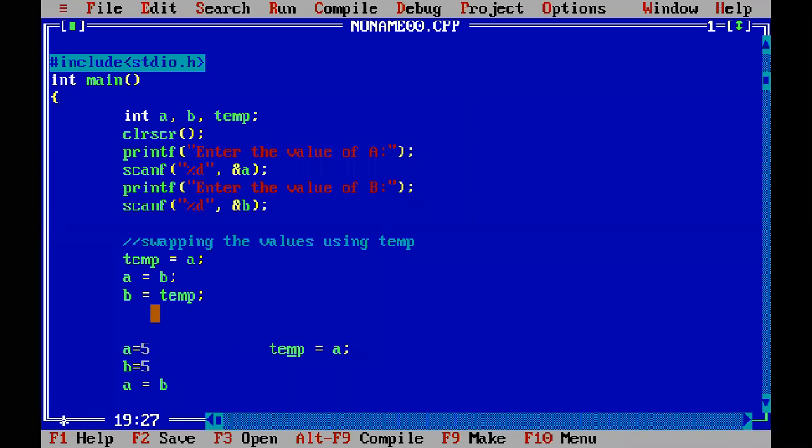And then what did we do? We assigned the value of B to A, which makes A 5. But B is also 5. So we have to remove this, we have to override this value. How will we do this? We will again use one assignment statement, B equal to temp. So through this, the value of temp is 3, and that value will be